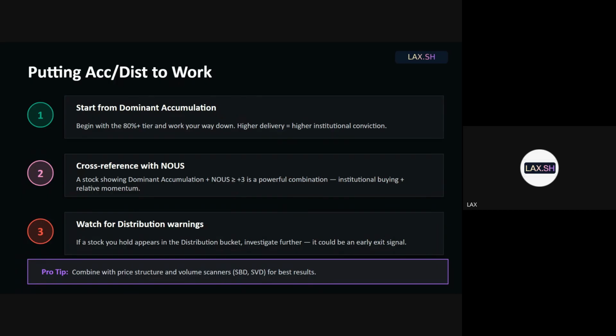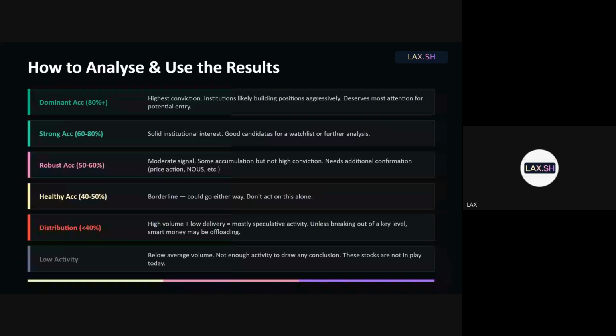You have to combine this with price structure, volume scanners, news and the RSS score. So it has to be a holistic approach. जब देखो सब देखो, JDSD. This distribution accumulation thing is really a strong concept, but you have to remember the caveats. Don't look at compulsory delivery marked stocks. Don't look at stocks when they are breaking out, because then they'll give out a signal of distribution, but it is not distribution.